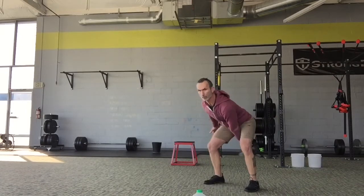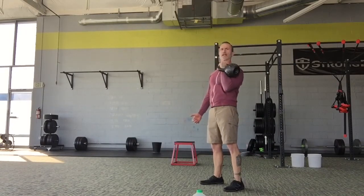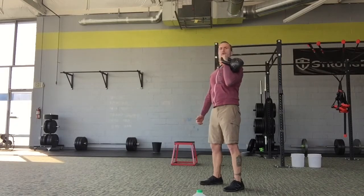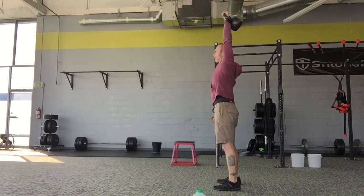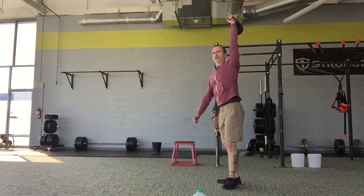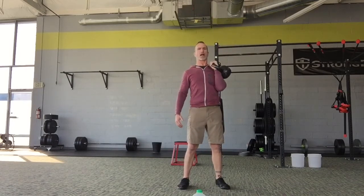So we're going to clean it up, right? Nice and easy. We're going to squeeze up and down. Go ahead and flex those legs and those glutes when we push up. We're going to push up and down. That's 2. That's 3. That's 4. That's 5. Squeeze up. Push down. 7. If you're having a hard time because you picked a heavy weight, once you get to your sticking point,